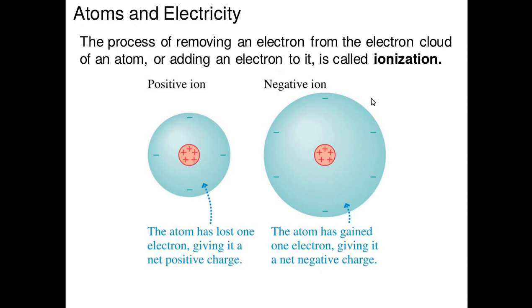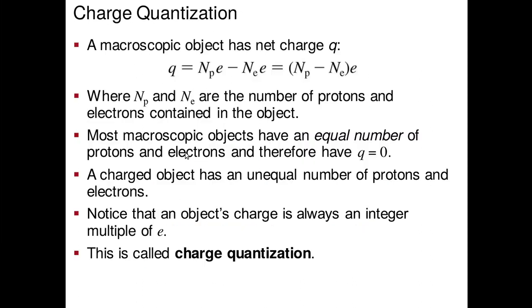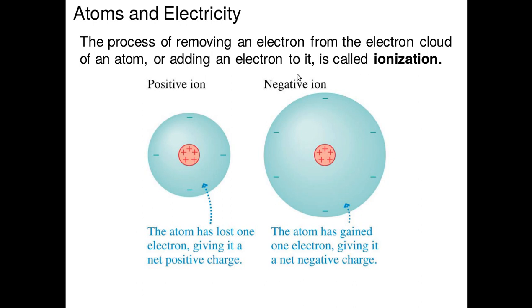So it's possible for an atom to gain an electron or lose an electron. When an atom loses an electron, it has more protons than electrons, so it becomes ionized. That's what we call a positive ion. So this has a net positive charge. If we go back to this formula and found out how many protons and electrons it has, this number would be positive. So it would have a net positive charge of